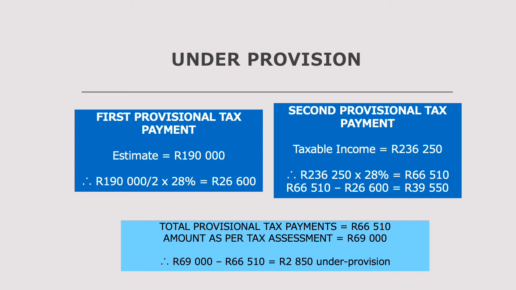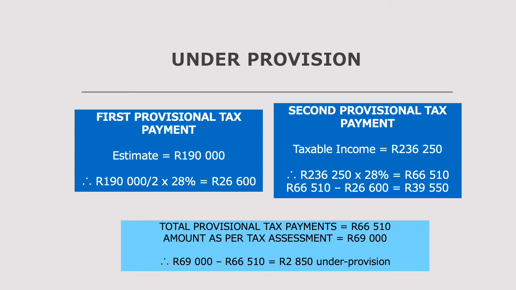Now the actual taxable income for the year was 236,250 Rand. We would use that actual taxable income that we calculated at the end of the financial year as our basis for the second provisional tax payment. So if we take that 236,250 Rand, we multiply it by 28%, that then gives us total tax payable of 66,510 Rand. If we go and deduct the first provisional tax payment from that 66,510 Rand, we then get that